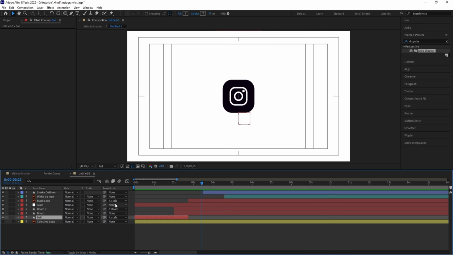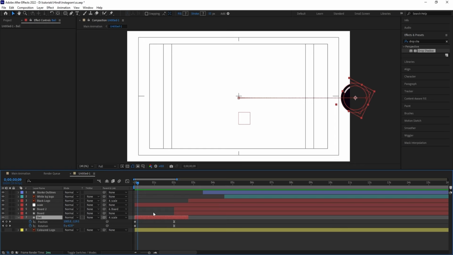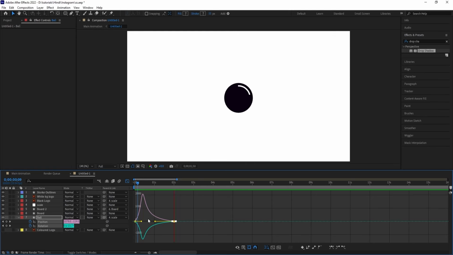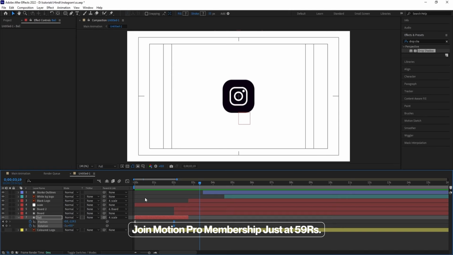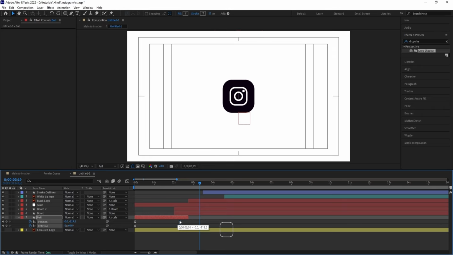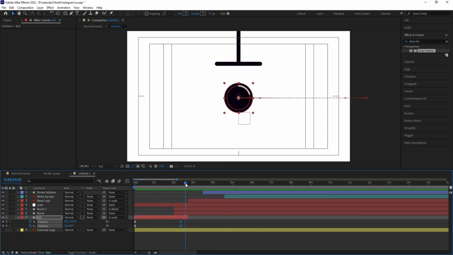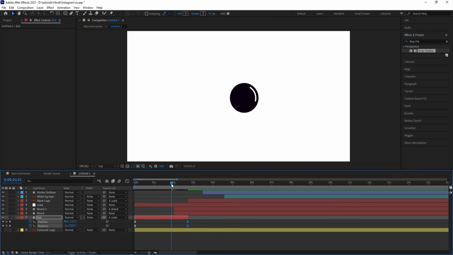I think this ball is coming very slowly, so hit U, select those last keyframes, or you can select all the keyframes and hit F9. Go to the graph, select this graph, by holding shift, move this handle over here like this. Then we will get something like this. You can bring this scale over here, this keyframe over here, so it will come at the position over here. Let's move this up to this. Okay, like that. So as you guys can see, we will get this,